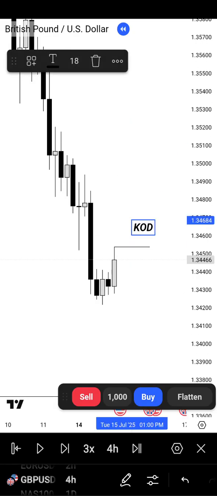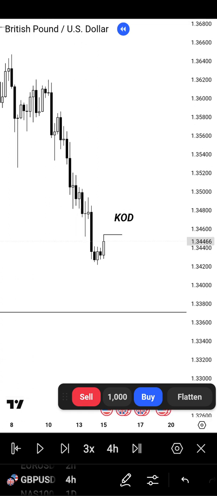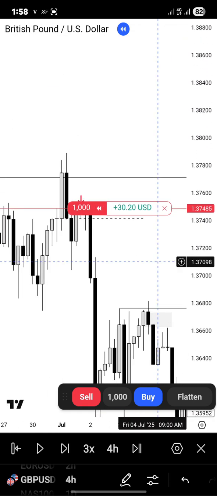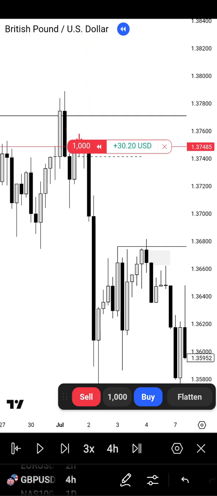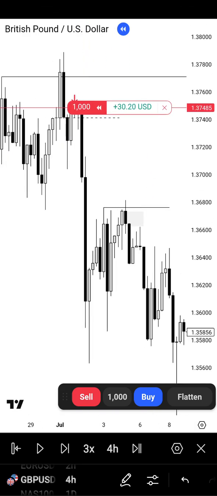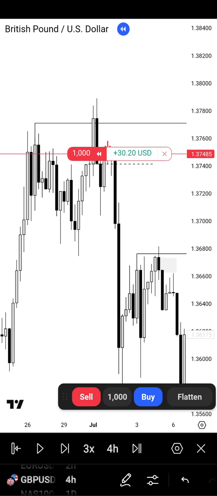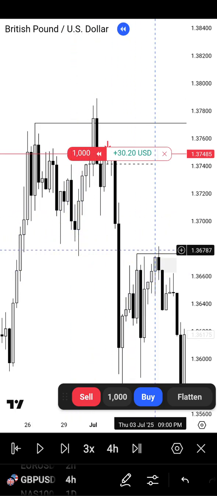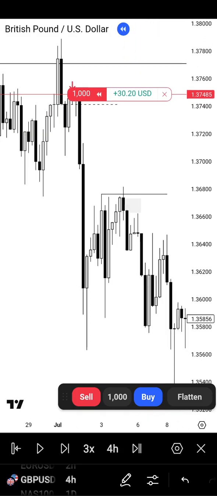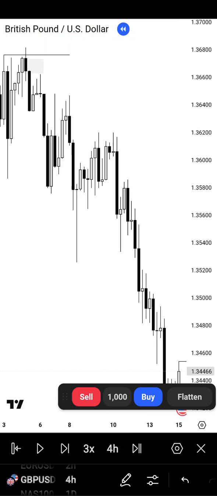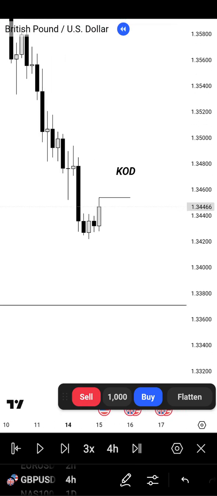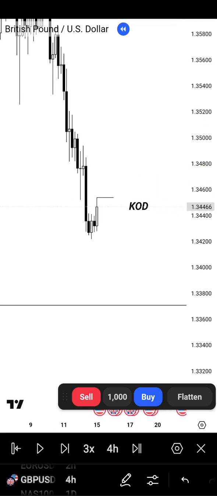So first of all, you had an entry here. Secondly, you had another entry here. You see price reversing back to this breaker block, all right? You could have another entry right here. And then, you know, there were like multiple entries, but this is the most high probability that you will have alongside more than one entry. A KOD is one that is also very high probability. So first of all,